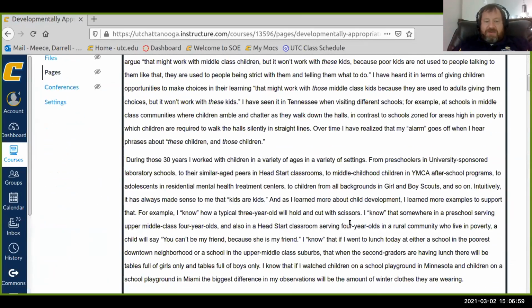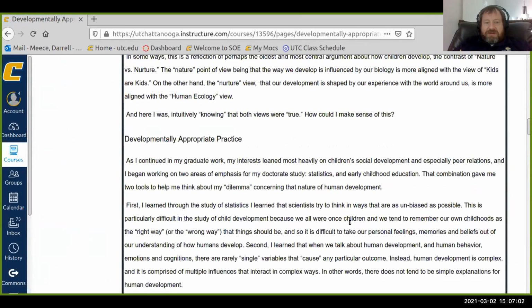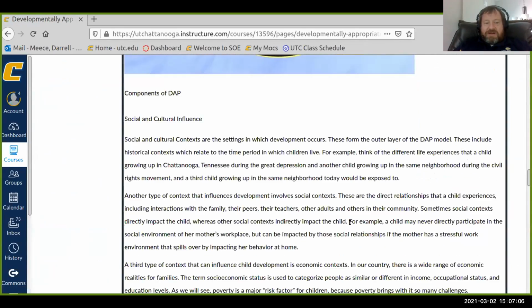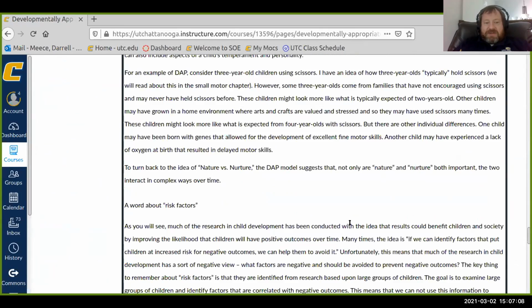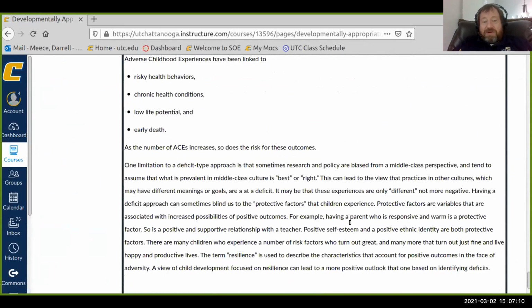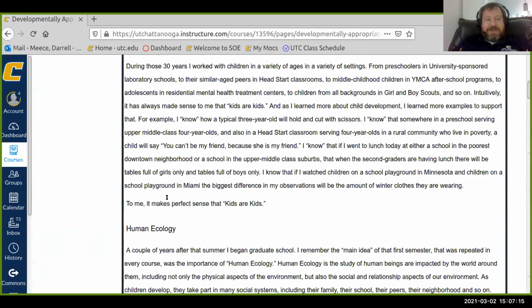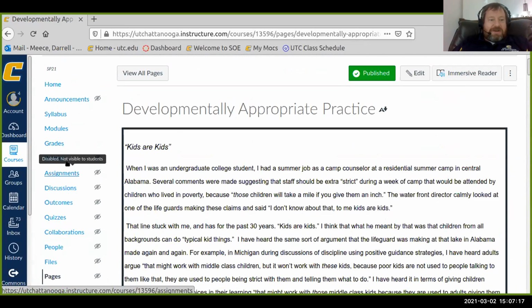And this is stuff I wrote because I wanted to get that DAP part in there. So this is all just wordy, wordy, wordy, but sometimes it's less wordy than that. Sometimes, and I'm sorry about that, dog. Sometimes